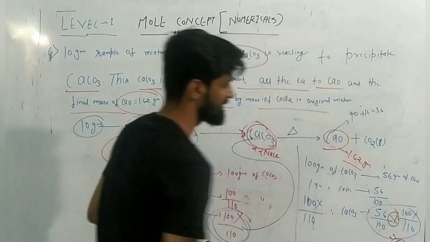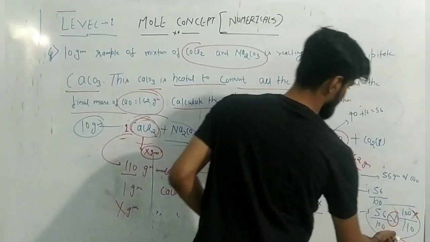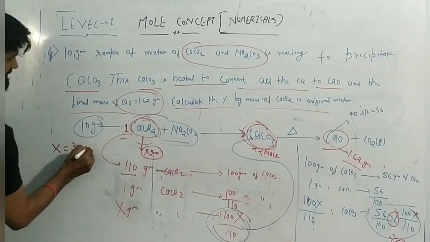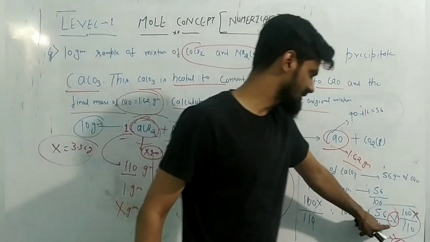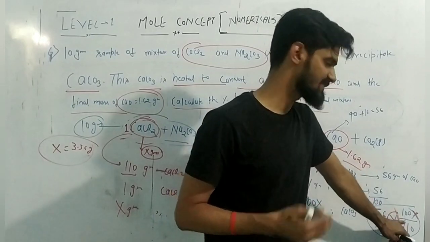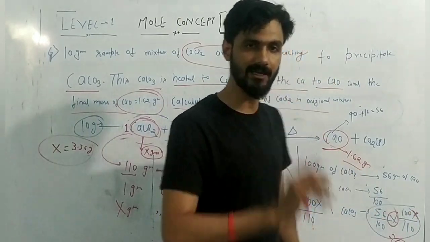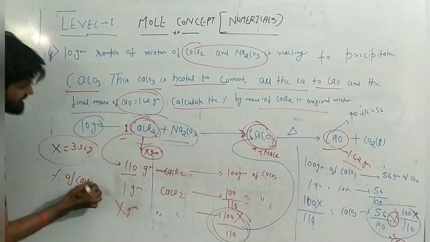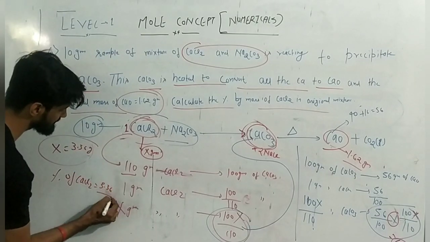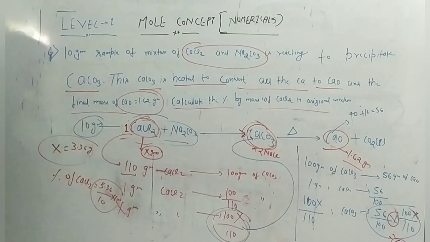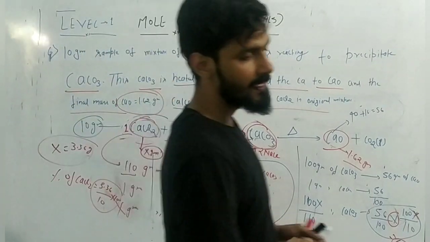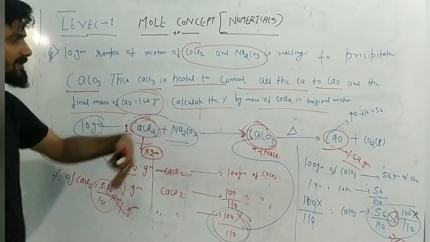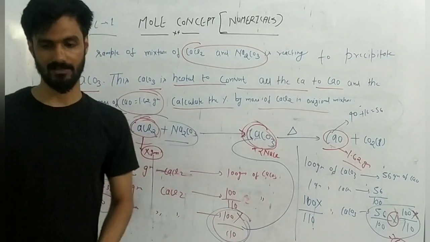After that, calculate the value of x from this data. You will get x as I think 3.36 gram. Just I am assuming after calculation, you have to calculate. You will get a value of x equal to 3.36. So the percentage of CaCl2 in this mixture is 3.36 upon 10 multiplied with 100. This will be the percentage of CaCl2, the final answer from this question. This was one of the best questions. Whatever question I have solved right now, just jot it down first.